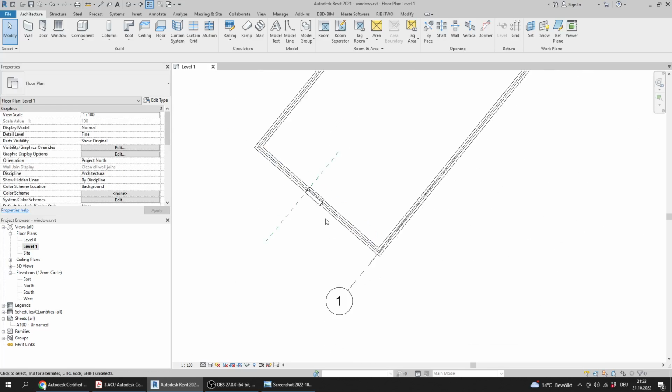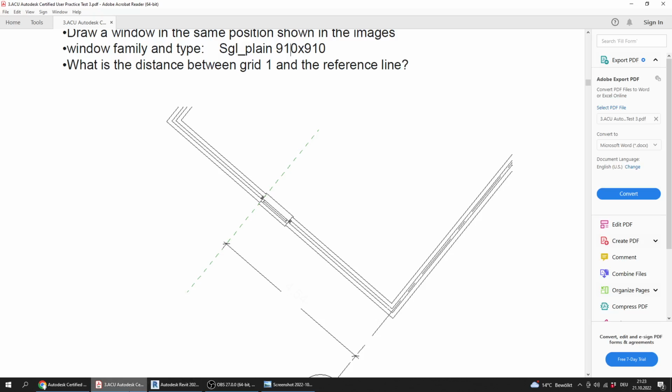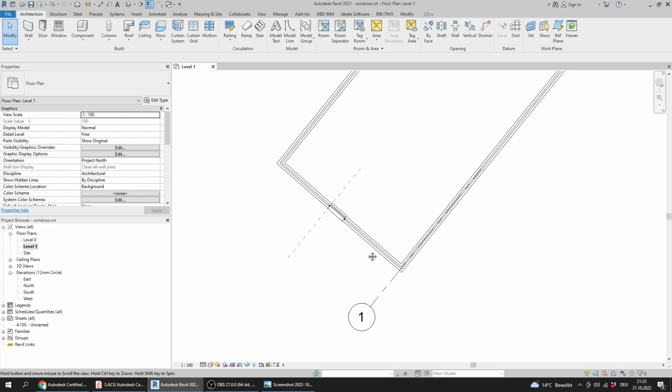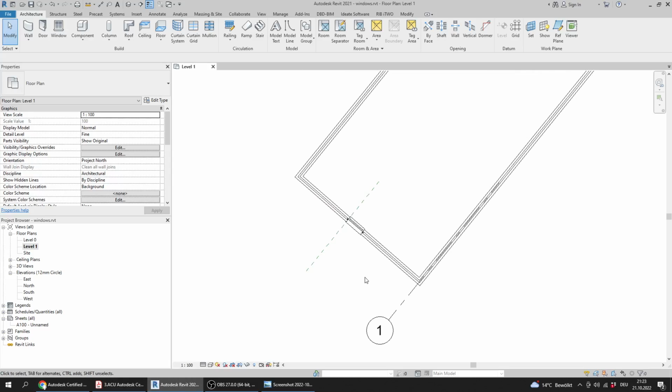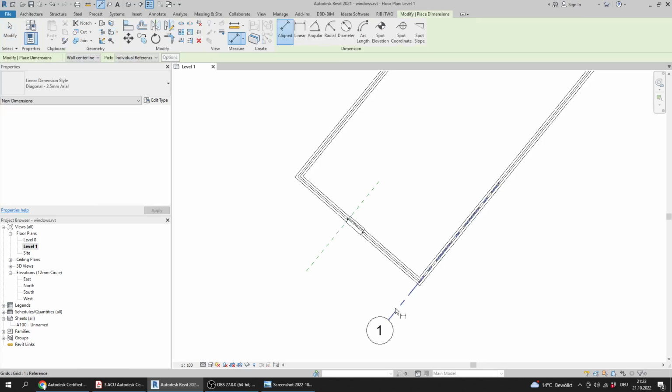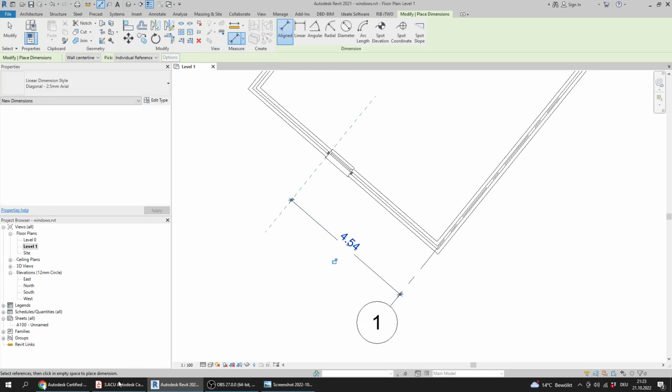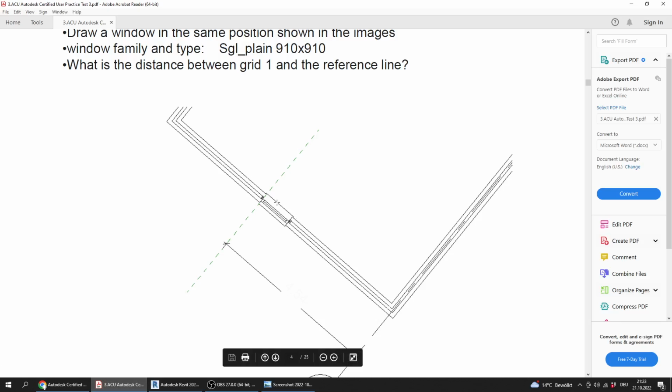And what is the distance between grid 1 and the reference plane? The distance, I will go here and measure the distance. It's 4.54. As you can notice here,